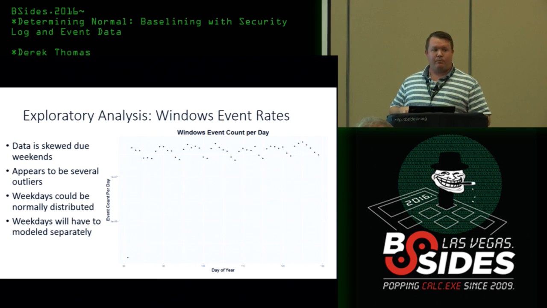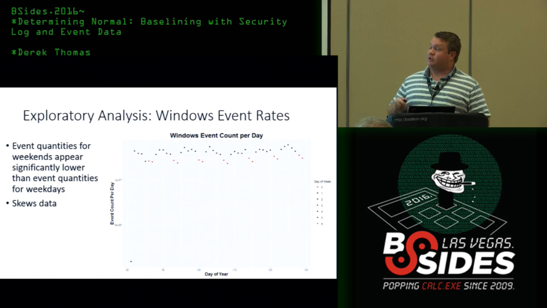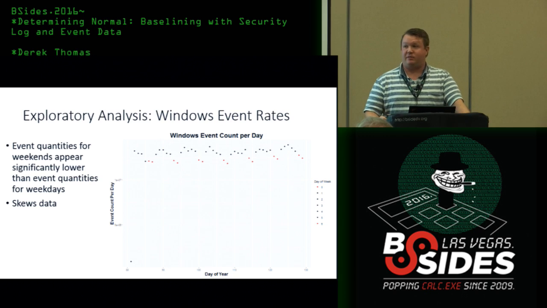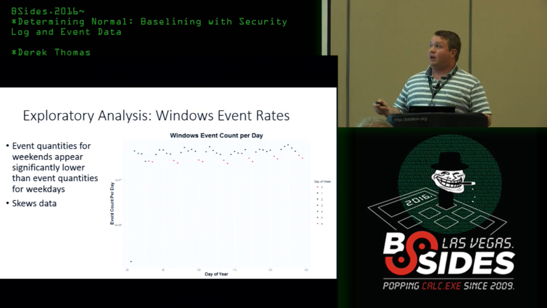Could your first cluster be a holiday weekend? That's a great point, and you're absolutely right. That right there is actually Good Friday, so it's a stat holiday on that one. I'm going to color code the weekend. So now we definitely know that this is the weekend, Saturday and Sunday. This is a Friday. I took a look, and that day is the 85th day of the year, and that's Good Friday. They happen to have a stat holiday for Good Friday, so this is far lower than what we would normally experience.